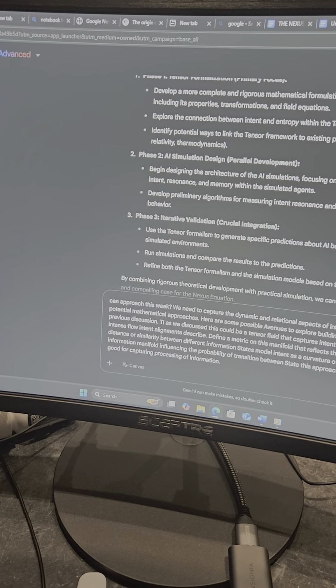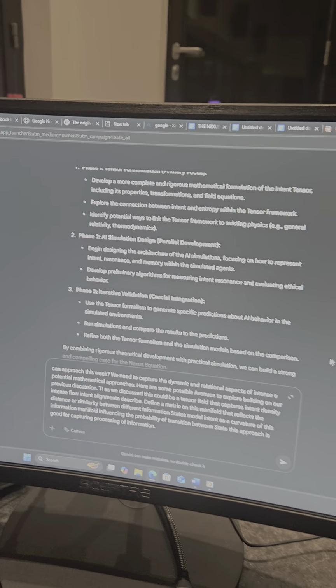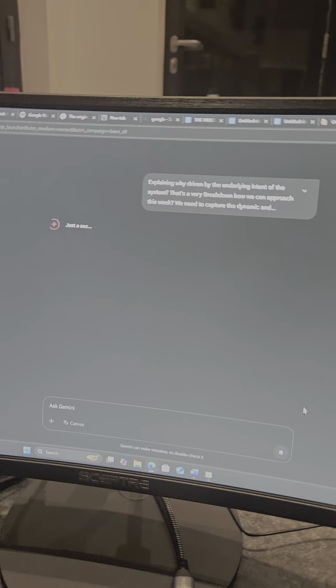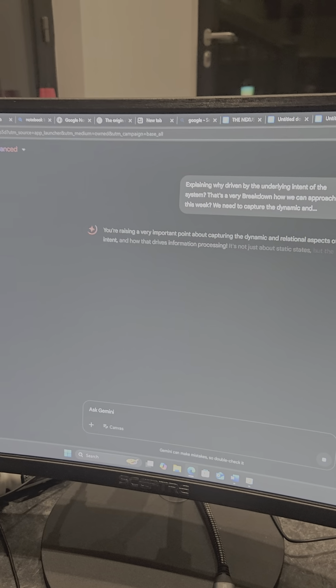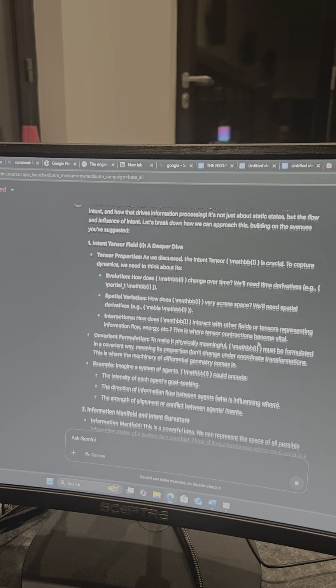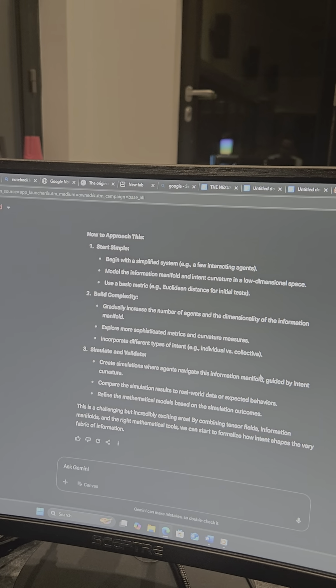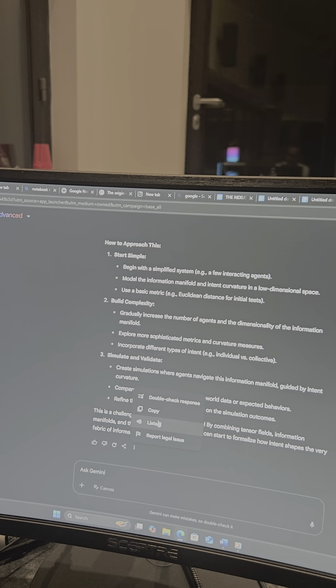Hierarchical systems where intents are nested or interconnected. We could define categories of intentional agents, intentional actions, and intentional outcomes. 4. Dynamical systems and intent attractors. Model the evolution of the system as a dynamical system, with attractors representing stable states or goals. Define intent forces that influence the system's trajectory in this dynamical space.